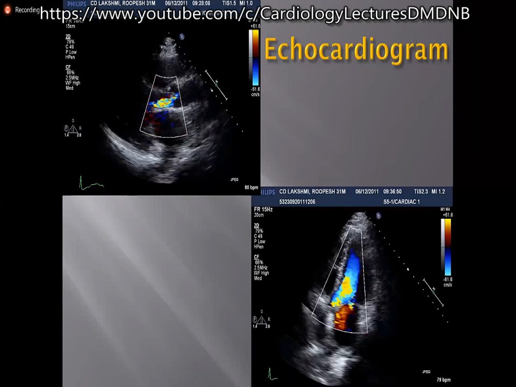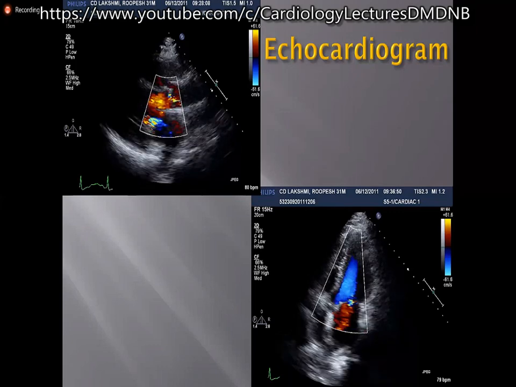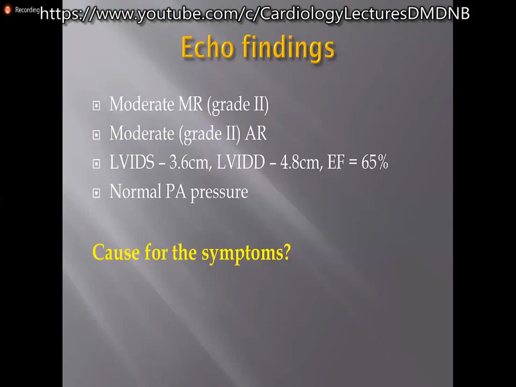More often they talk about HbA1c rather than the importance of thorough clinical examination, and you have to put your thoughts into your mind. So this patient has moderate MR, moderate AR, and LV dimensions were normal, PA pressure normal, and symptoms were exaggerated because